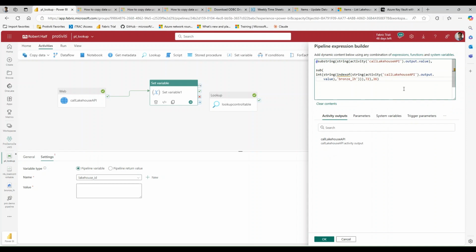Okay, so what this is doing is it is going to first take the output.value and convert it to a string. Then it's going to use the indexOf function, which is going to return the spot of where my lake house lives. So if you have a different lake house name other than mine, bronze_LH, this is where you're going to want to replace the name of your lake house